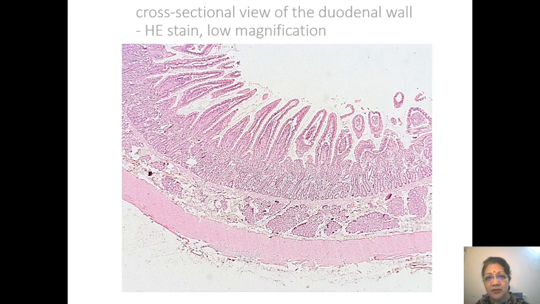It's not covered by the peritoneum. So then you should call this the adventitia. More correctly, the duodenal wall, external wall, does not have a serosa but has an adventitia. That's very important. But in your slide, in your identification, you may not see the external wall because we'll mainly